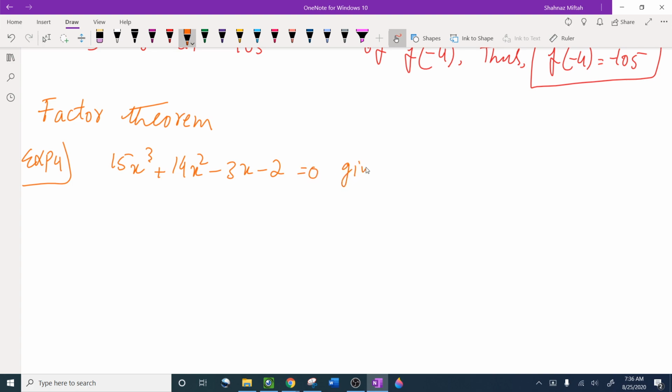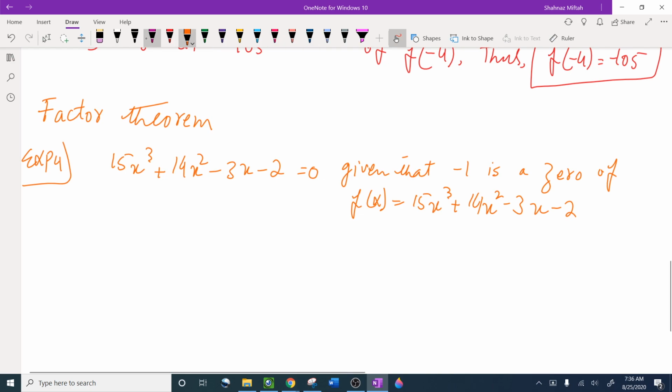Given that -1 is a 0 of f of x equal to 15x cubed plus 14x squared minus 3x minus 2. Now we are given that -1 is a 0. So this is what is given, -1 is a 0